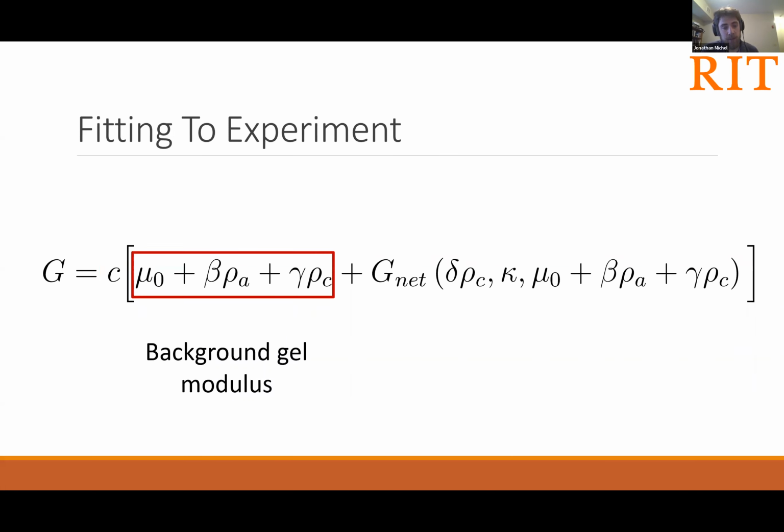We then have a background modulus. This corresponds just to the contribution due to the fact that there's a gel that's having to shear as well as a network. So mu naught is the floor that we see in the absence of the constituents that are degraded by the trypsin enzyme. So we can estimate mu naught from data in the literature about the concentration and molecular weight of hyaluronic acid, which is the principal component of the gel that's left after degradation.